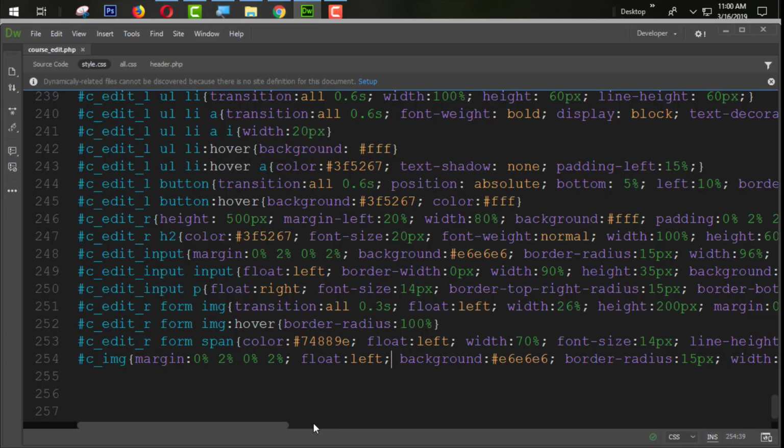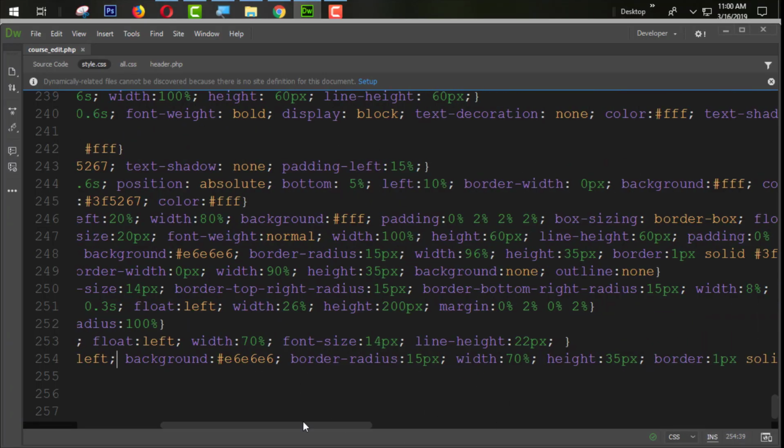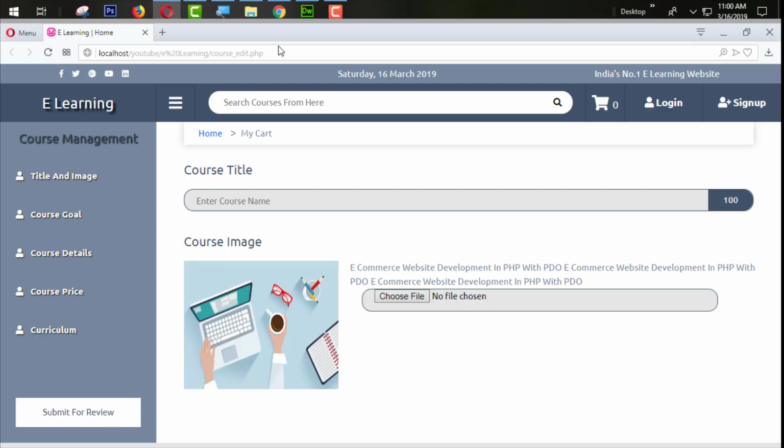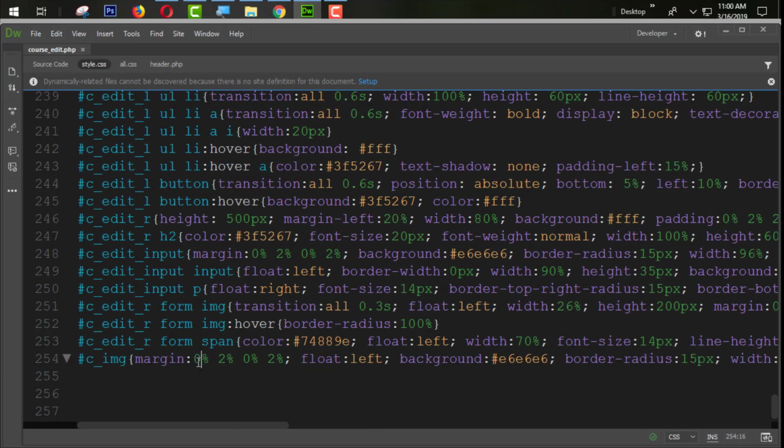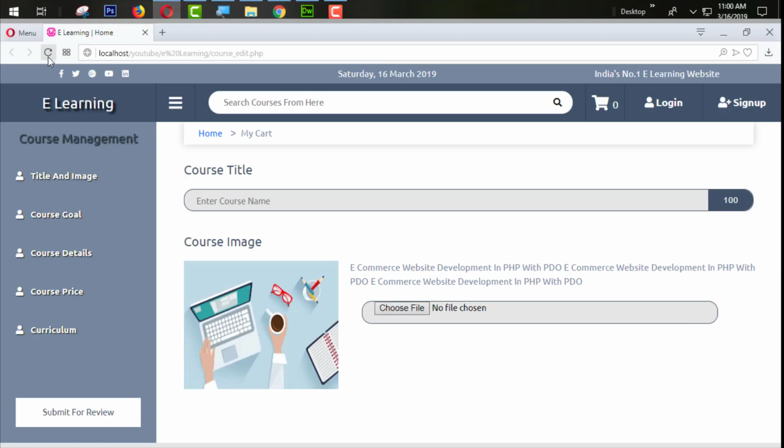Okay, I think the width is not going good. Let's say with the 60% of width. Refresh it. So you can see that now we are using here a margin top 2% and also margin bottom 2%. Okay, let's refresh and check. You can see that